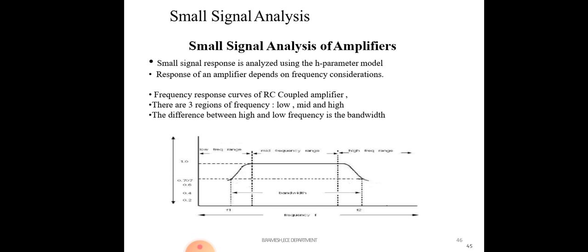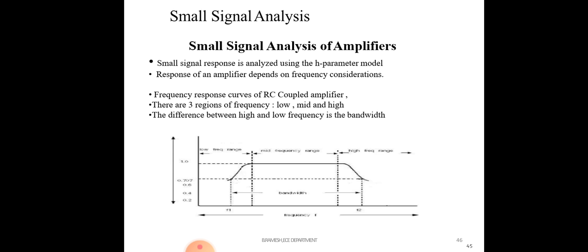Now we are designing an amplifier using the common emitter configuration. Why? Because it provides high voltage gain and current gain, so ultimately the power gain is high. When you see the common base and common collector configurations, the power gain is less, because in common base configuration voltage gain is high but current gain is less than unity. In common collector configuration, current gain is high but voltage gain is less than unity.